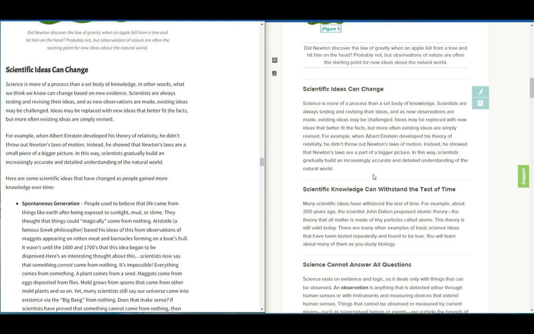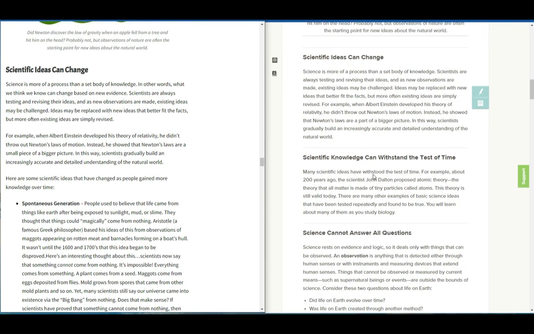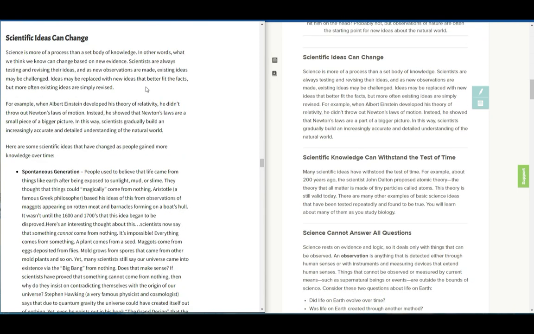Scientific ideas can change. Science is more, oh look, okay, so now it does not surprise me. This is the part where we deviate a little bit. This section was heavily edited by Guest Hollow, and I think the reason why is because they want to set their students up to question standard science. They give 3 examples of things that science gets wrong: spontaneous generation, phlogiston, and Marshall canals. And all three of these things are very much outdated science that is acknowledged as not